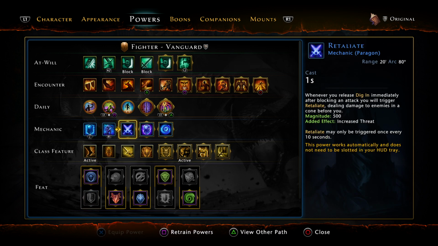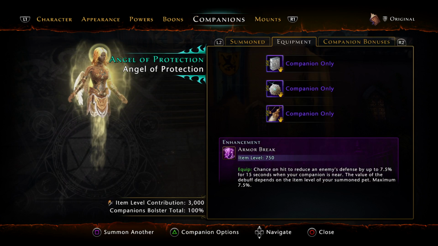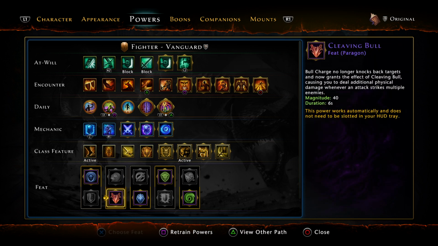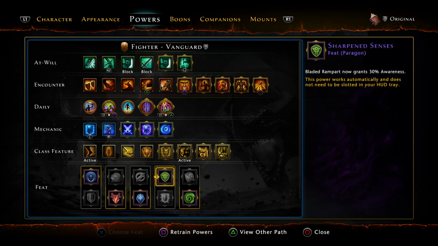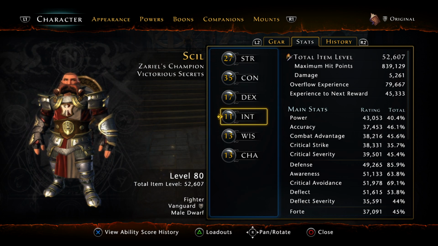I don't use a build for AoE because for AoE you have this rank, so no point. Maybe you can change the brazen slash to cleave. Bow charge I don't use, not even this one. Rising tide of iron, it's for this. The best one for me, combat balance, and that's why you need to make your rating side equal